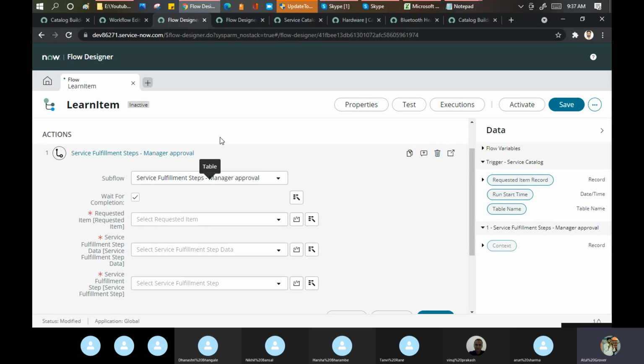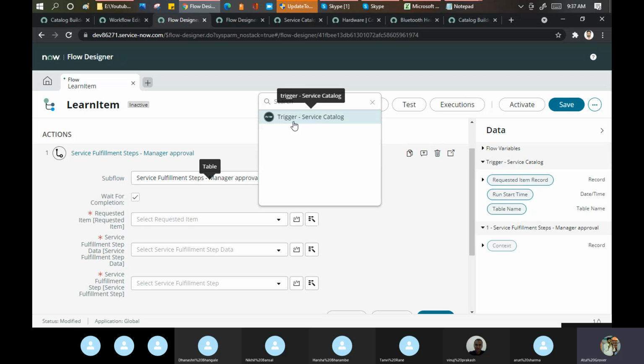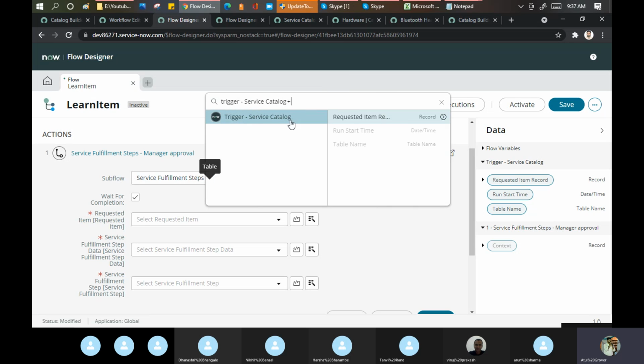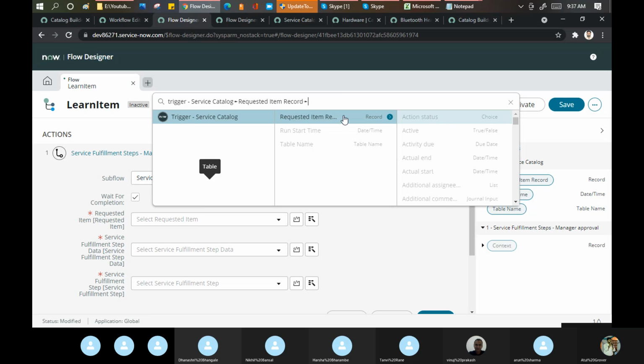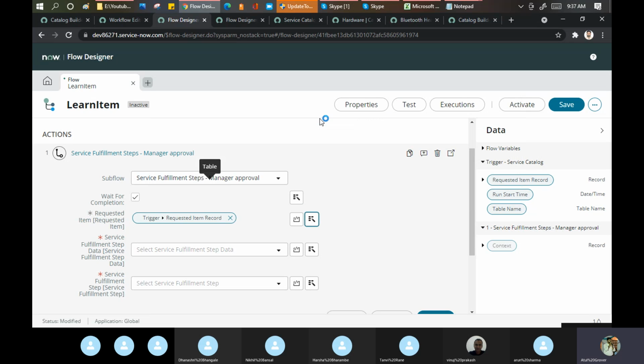And this is the purpose of Flow Designer basically. You can put where this manager approval should run. I said go to this data picker. Go here. It will show you that under the service catalog, there's an item that will be created when you run this workflow. Click here, and a new item will be created on which this approval should be running.